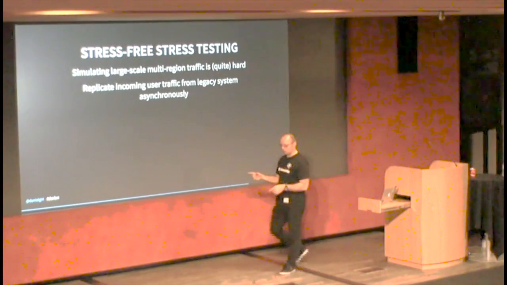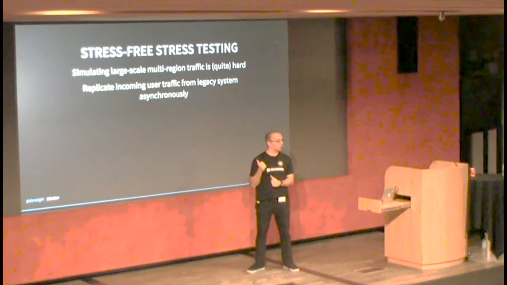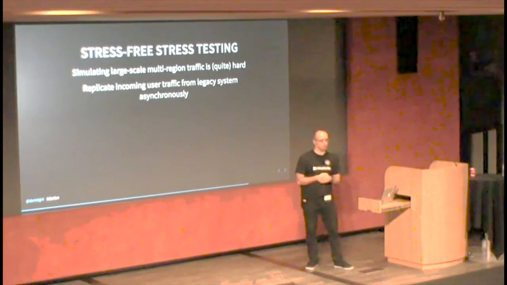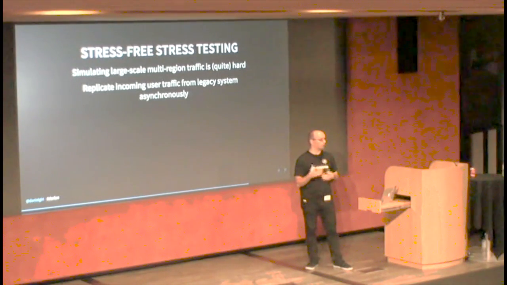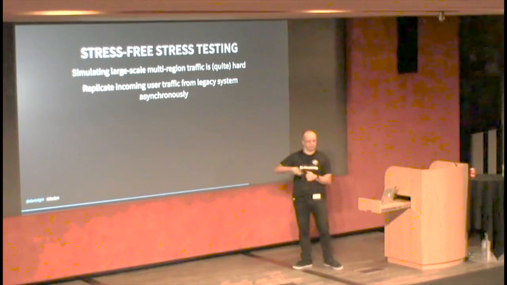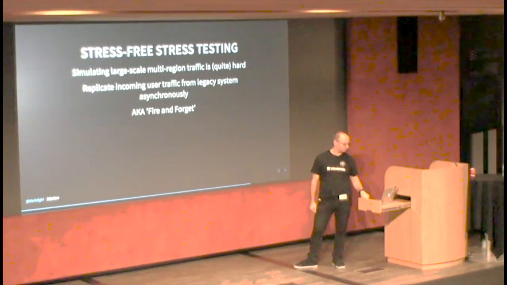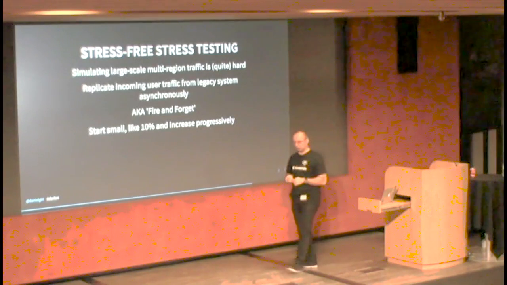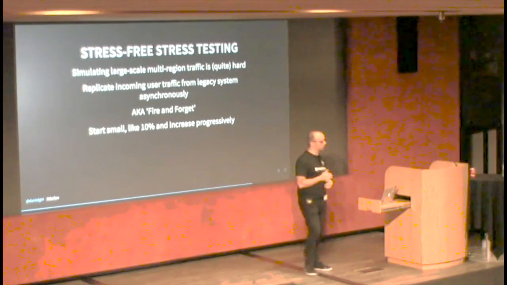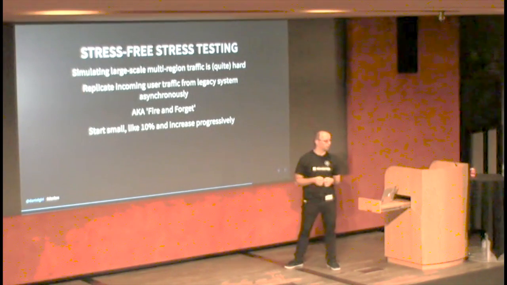actually in our case, in this project, we have sites that are going to migrate from our legacy system into this new one. So instead of doing a simulation, let's ask these people to send us all their requests asynchronously. They do their business day to day, it's fine, but also send us all their traffic in parallel. You call it fire and forget, just send it to us. Because it's millions of requests, start small, do 10%, 20%, and then progressively increase the traffic until we find 5 requests that failed, and then we fix the problem.